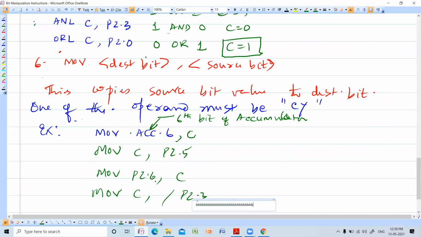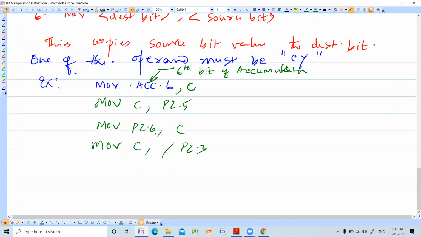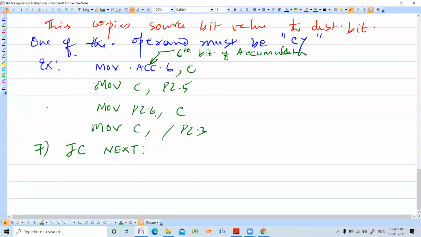So let us take some example. The next, 7th instruction is JC. So what we have understood?